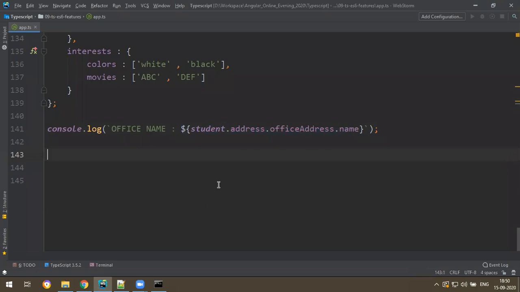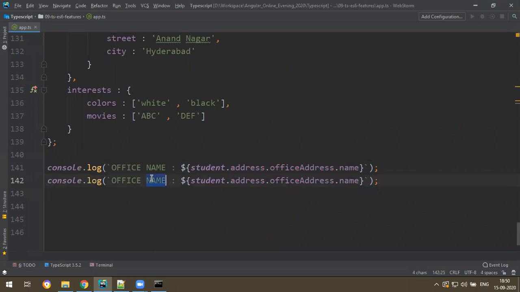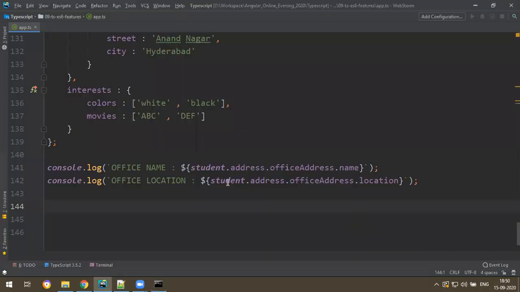Fine. But sir, I want to get the location as well. How to get the location? Dot location. So however many times you want to print it, you have to write student dot address dot office address dot location. Instead, the destructuring concept says you can take some local variables and assign directly from the object. Only one time you write it and you can use it multiple times.